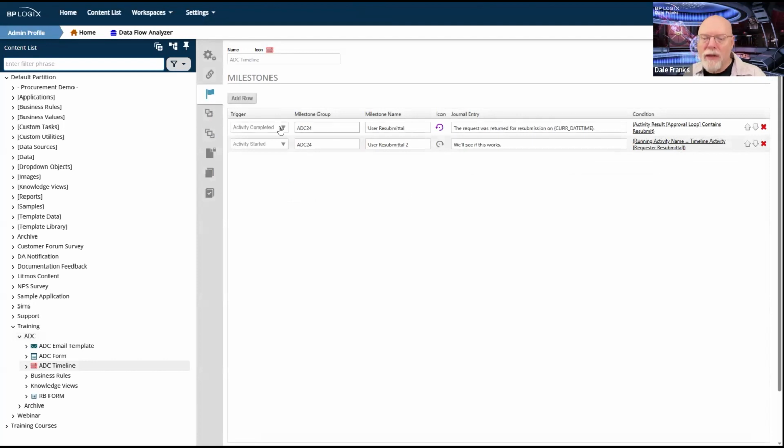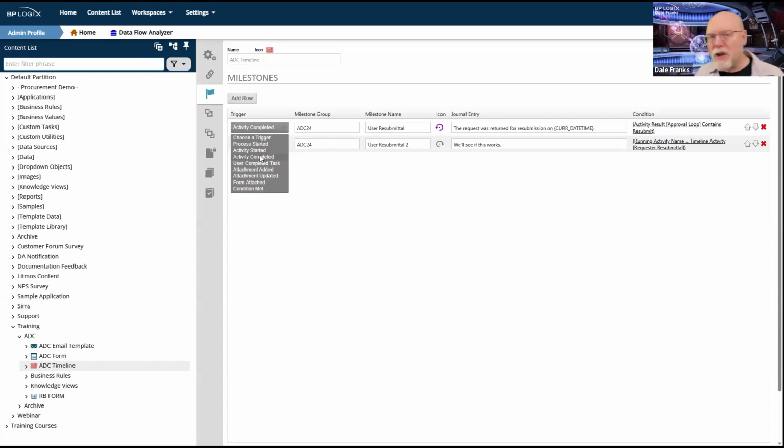The important thing to remember is that process started, activity started and complete, user completed a task, all of these conditions occur every time that activity occurs, right? So every activity that happens in your process timeline is going to kick off an activity started event. And when they're done, they'll all kick off an activity completed event.